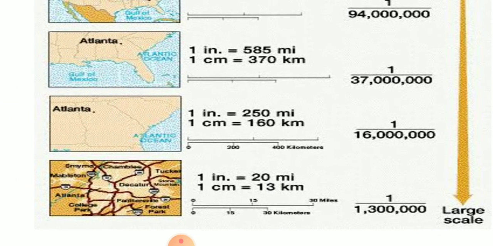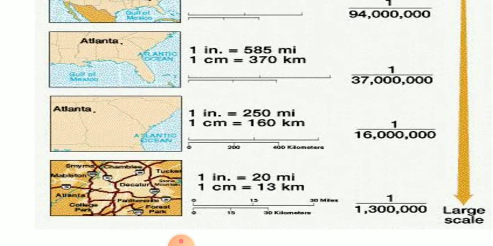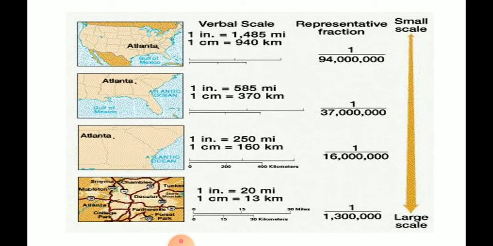Some maps show us close values. Suppose you are drawing a map from your school to your house, that map is very close. But if you put the same on India's map, your distance will appear as a very tiny, very small spot. From your school to Kankoli, it will not be seen at all. They will just put a dot there. So that small is our Kankoli if it has to be shown in India.